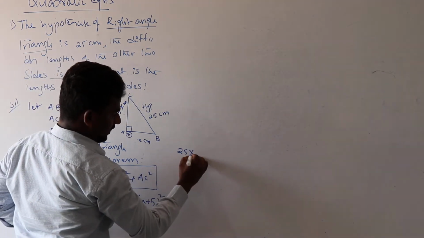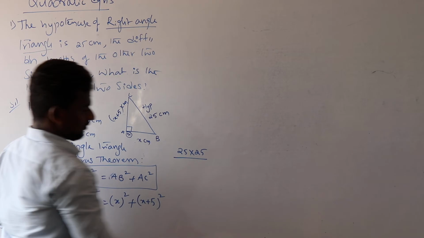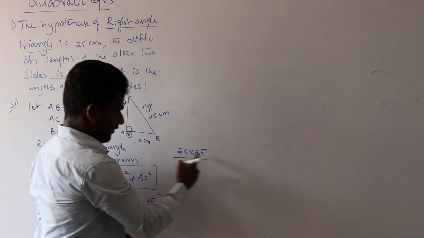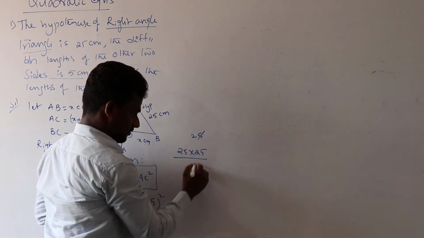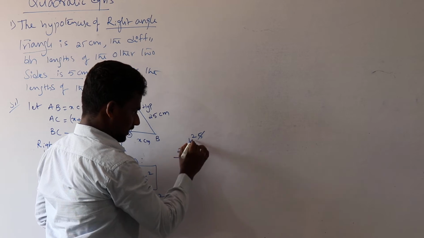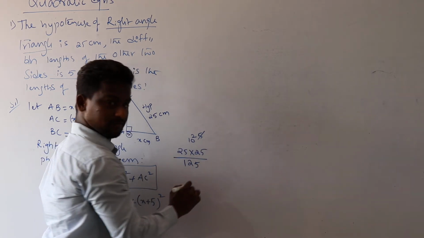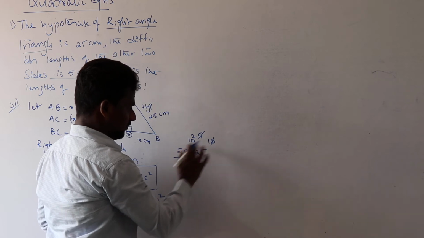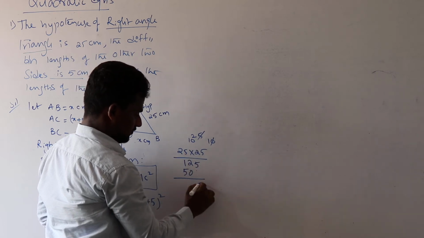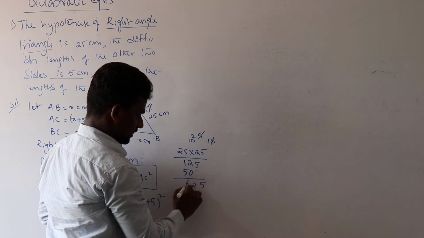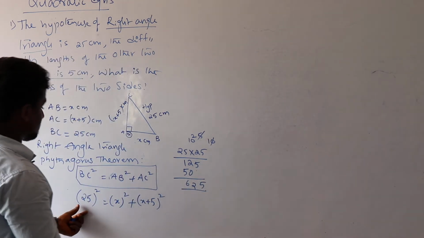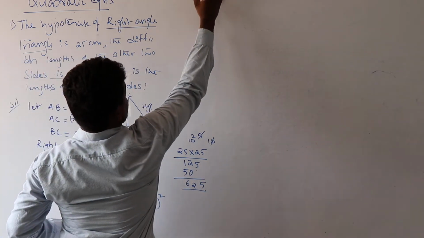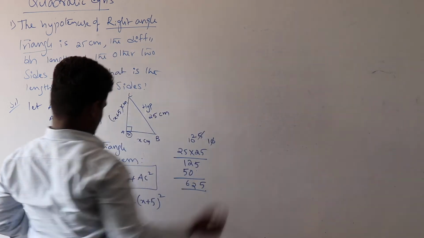25 square means 25 into 25. 5 5s are 25, 5 2s are 10, 10 plus 2, 12. 2 5s are 10, 2 2s are 4 plus 1, 5. That is 5 to 6, 625. So that is 625 equal to